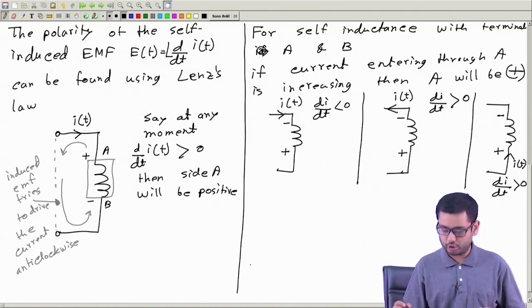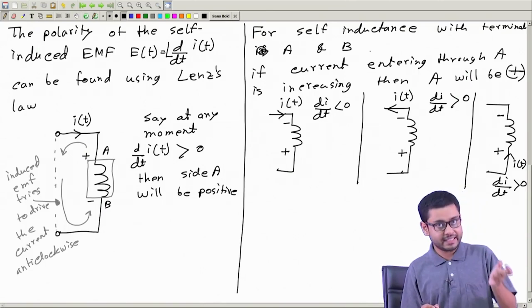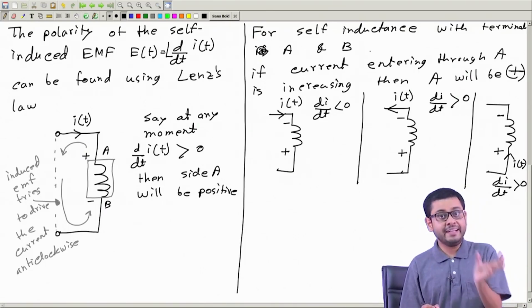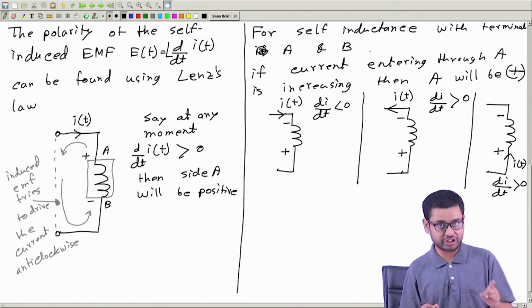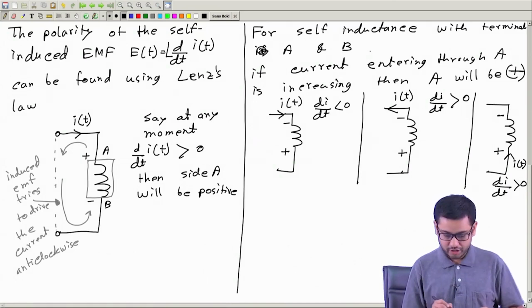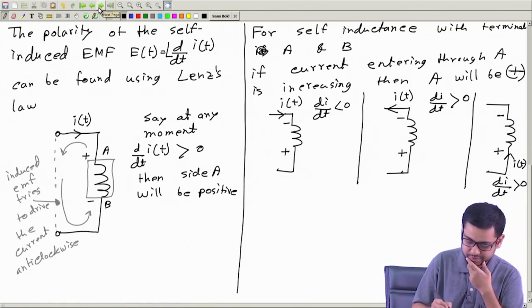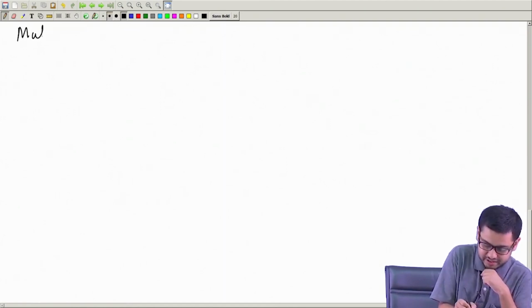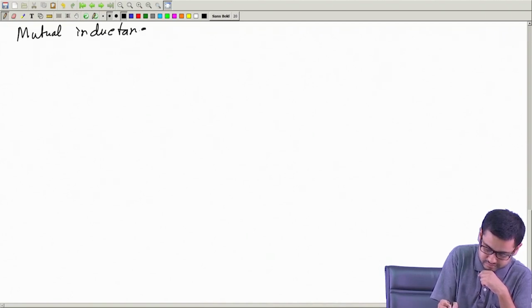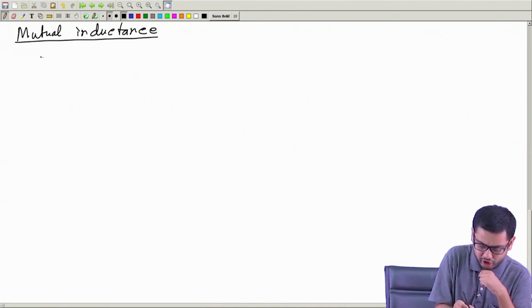So you can extend this rule. So this is the rule. If current is increasing and if entering current is increasing through a terminal, then that terminal will be positive. That's the rule for self inductance. Okay. Now let's talk about another concept, which is mutual inductance. What is mutual inductance? If we have two coils,